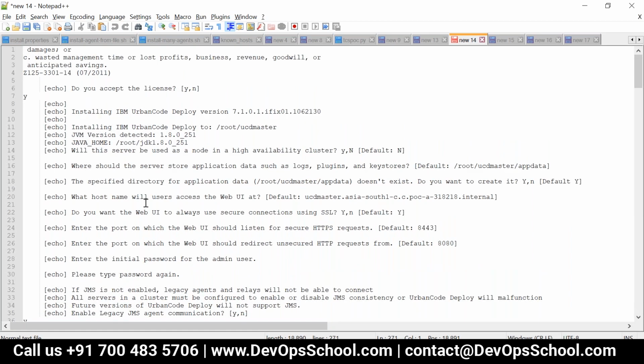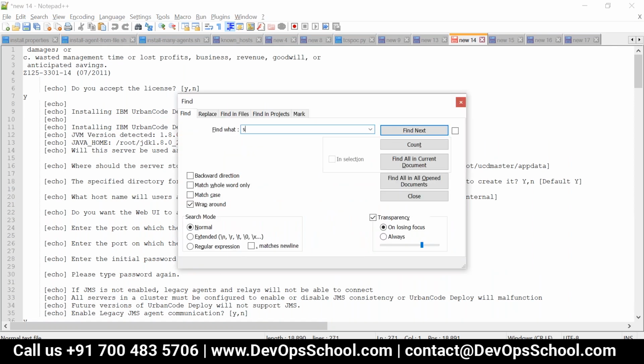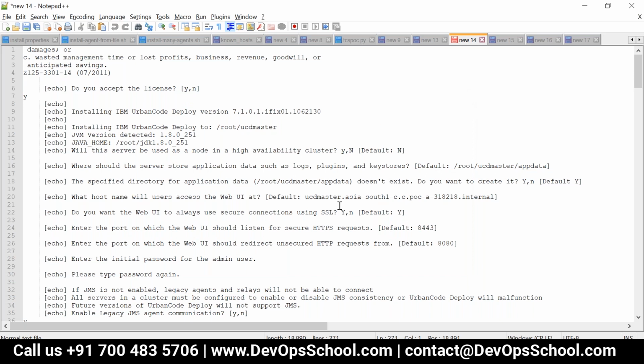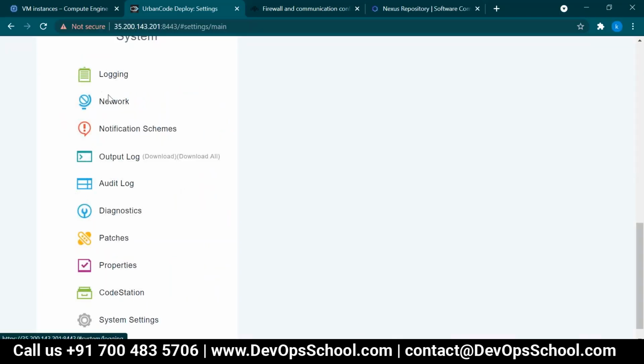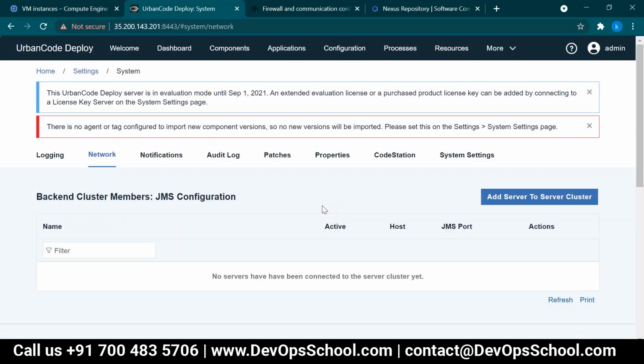This is the UCD server. One second. I cannot find static anywhere. Can you go back to the browser where you explained the network configuration? Okay, network configuration, this one you're talking about.